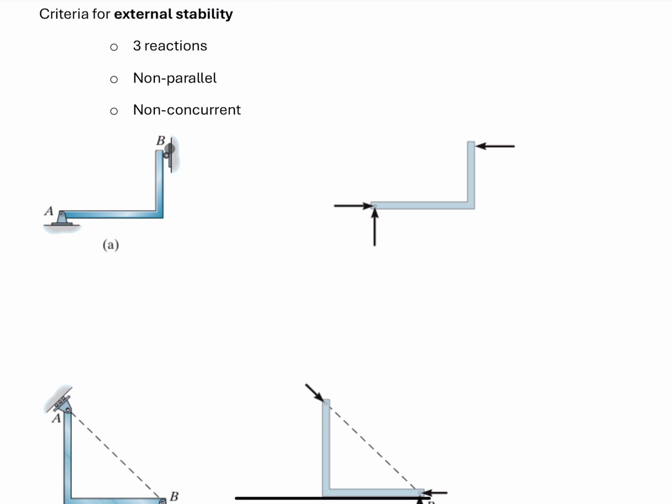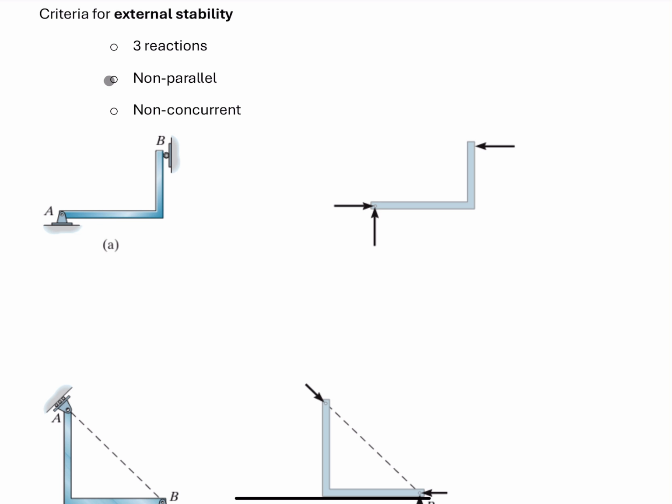Alright, in this video, I'm gonna talk about the stability of structures. This is probably the first topic when we study statics. In many videos or lectures, you may learn how to apply the criteria to examine whether the structure is stable or not. The criteria may go like this. For planar structures,